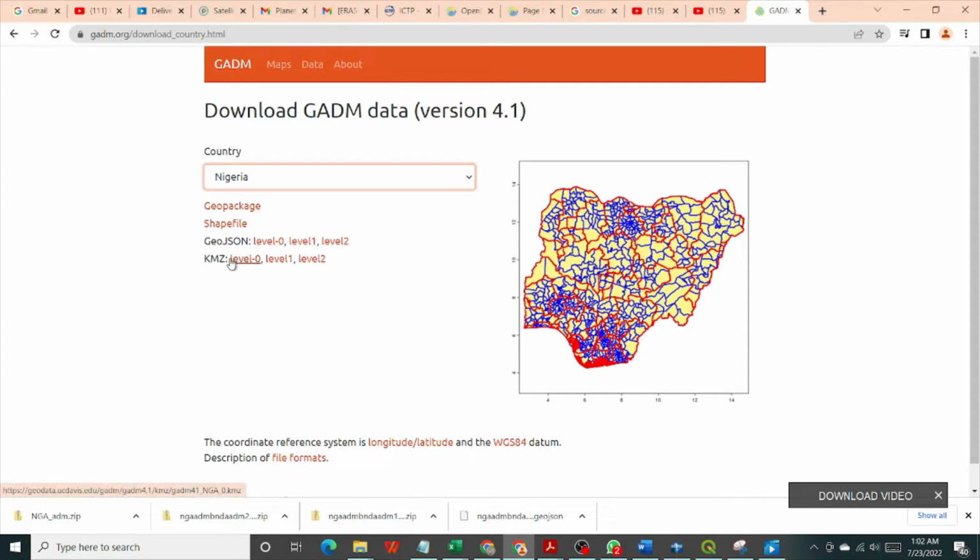KMZ, of course, which is KML, the one that you can upload online. You can use it to view. You can use this in Google Maps or Google Earth Pro online. You can view what the Earth looks like within that area on Google Earth. But for now, I'm interested in downloading the shapefile itself. We'll click on this